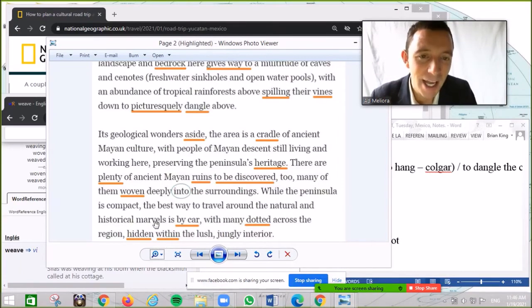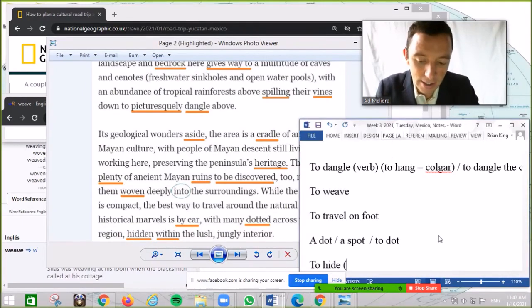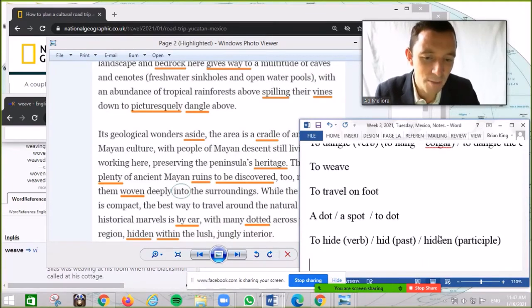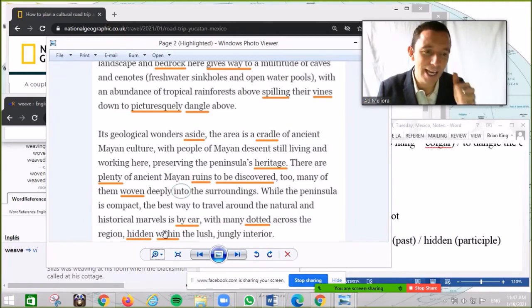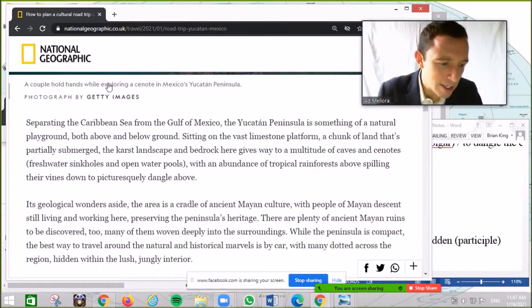Hidden is the participle, esconder is the verb to hide. So the verb is to hide, the past is hid, and the participle is hidden. Okay, so the verb esconder, to hide, hid is the past, and hidden is the participle. Okay, so very, very important verb and very good. So here is hidden, and within is dentro. Within, inside, in, very similar. Okay, in, inside, within, very similar. Dentro. Okay, so within the interior. Okay, let's look at the next